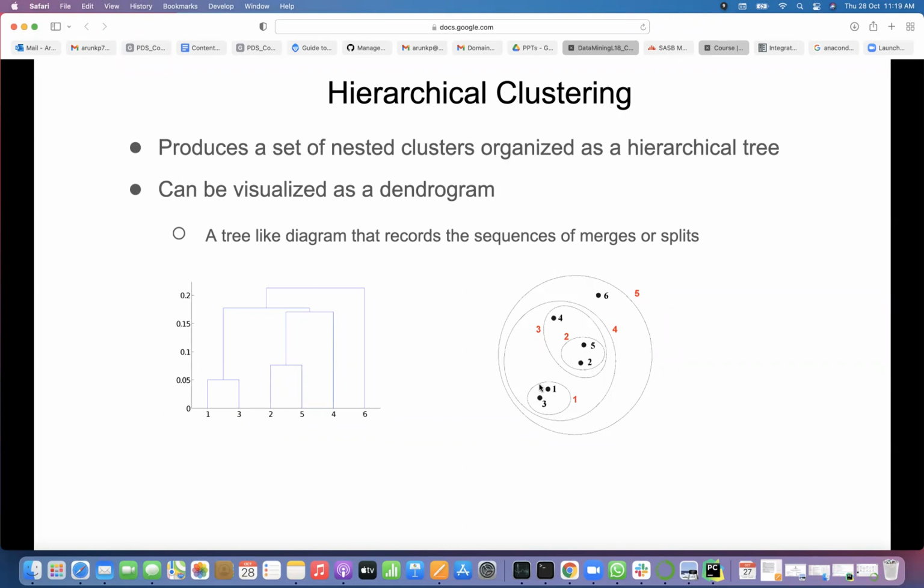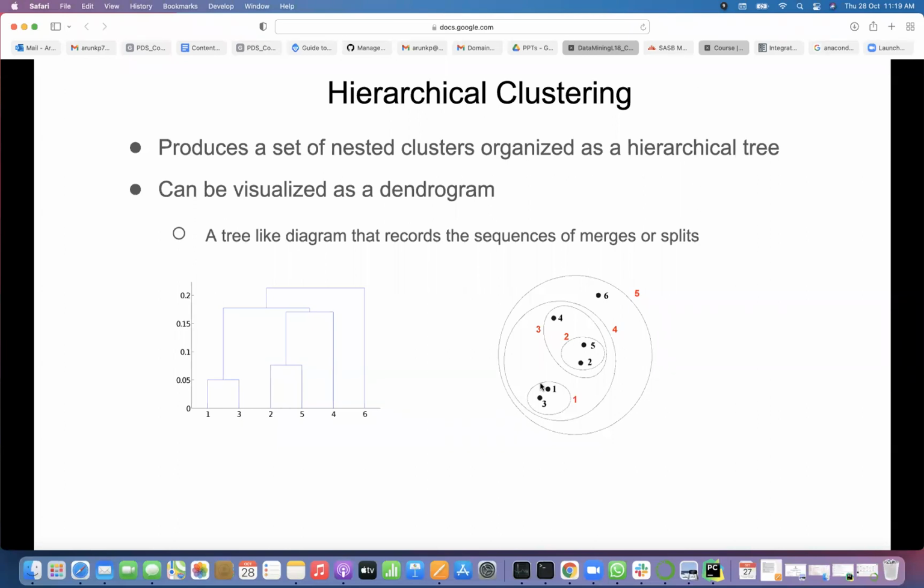But the idea is first we will start assuming each point is a cluster. Then we start merging one by one. Those 2 clusters which are very close, those clusters are merged in the next iteration. Like that, we implement the merging till we remain only 1 cluster. Now the question is, how do we measure? We know how to measure distance between points. Now we need to measure point to cluster distance and cluster to cluster distance also.